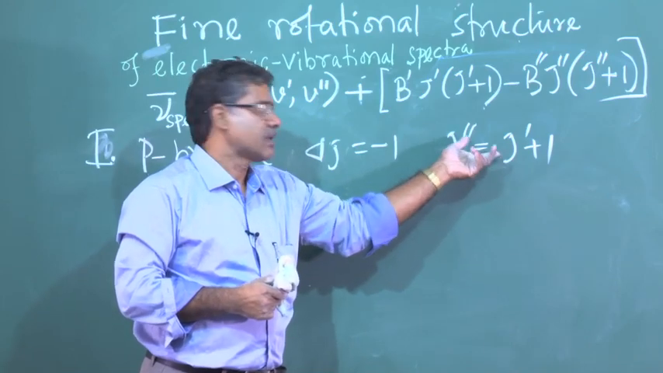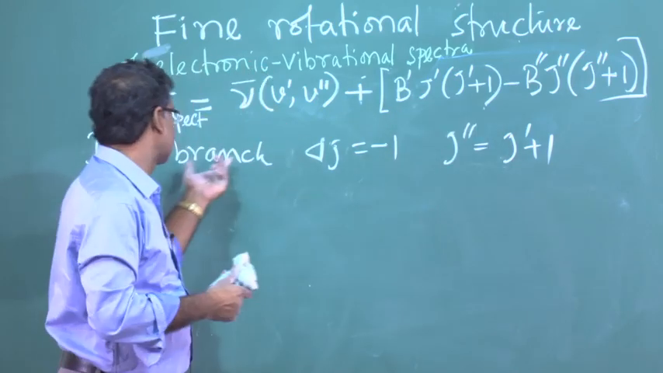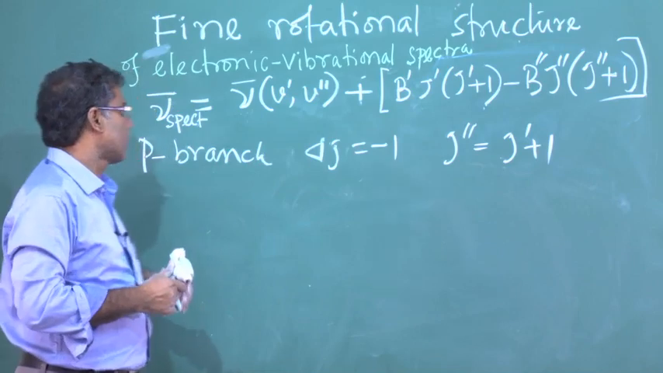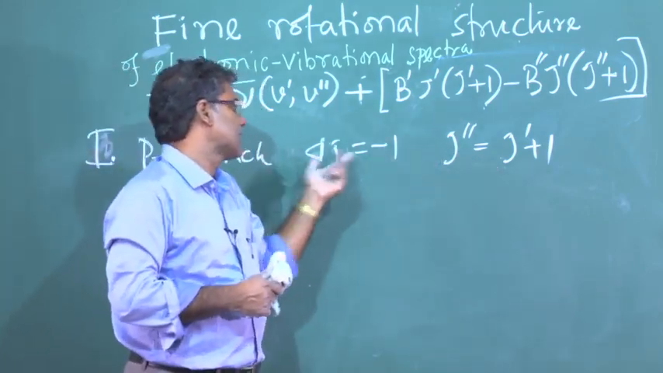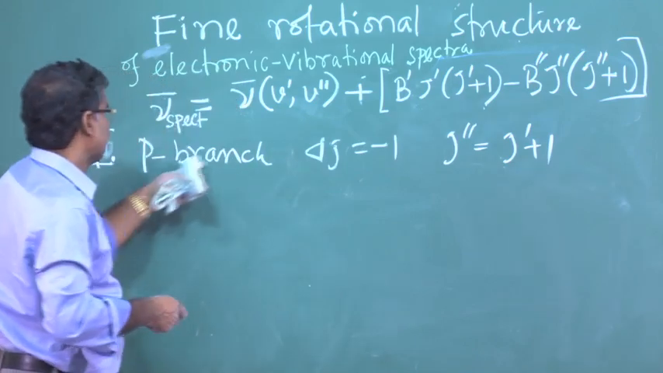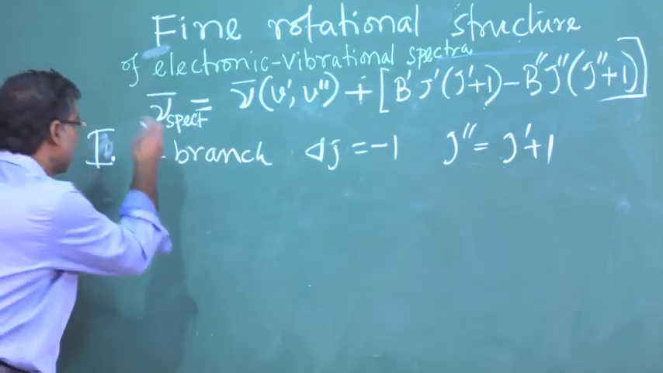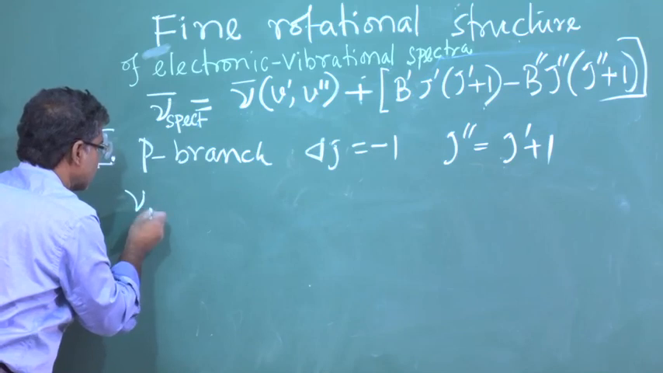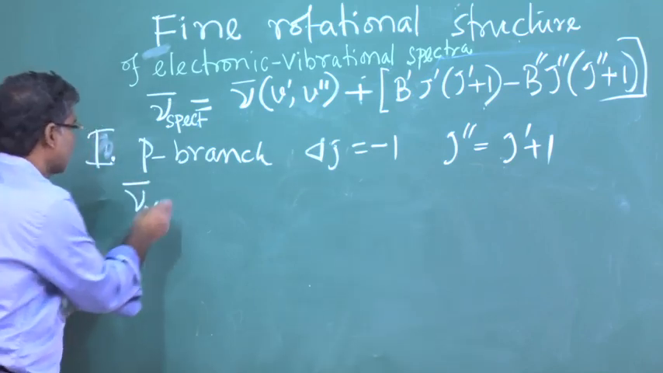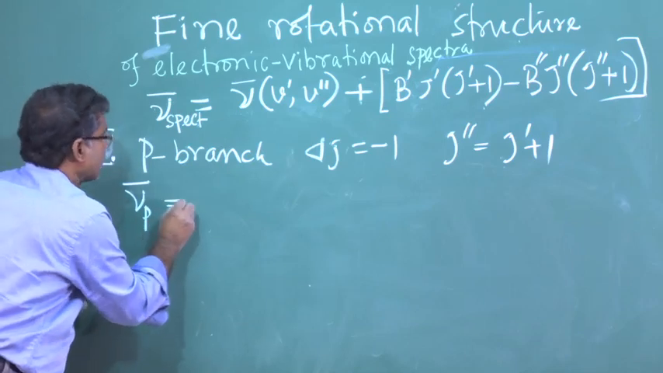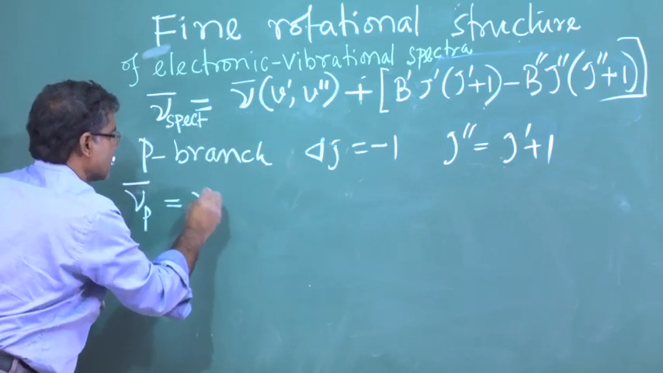So, this will be the condition for the spectral P bunch. With the selection rule, you have considered delta J equal to minus 1, so you will get the P bunch. And one can write this for the P branch: this is the wave number of the spectral lines equal to this,